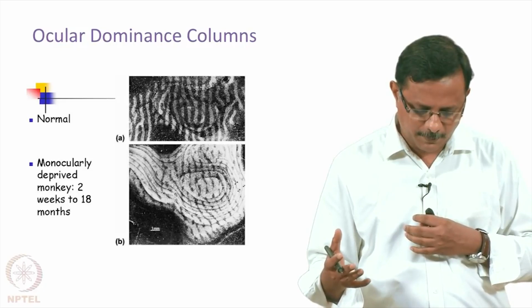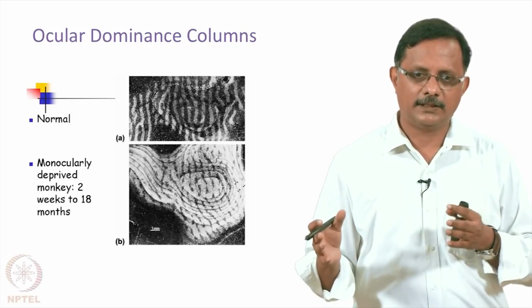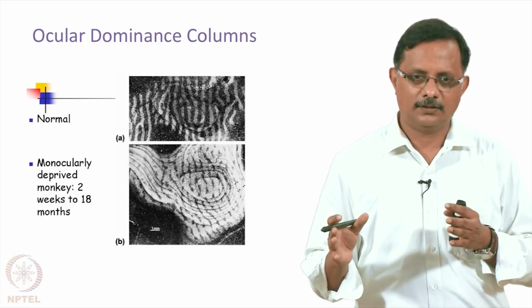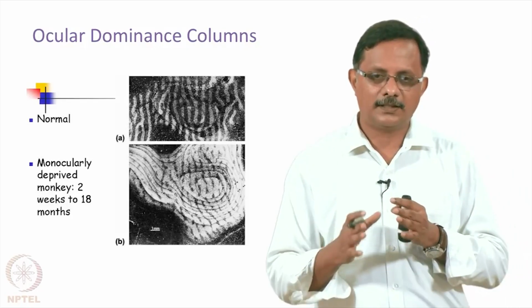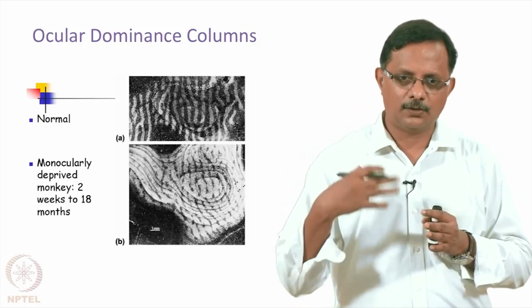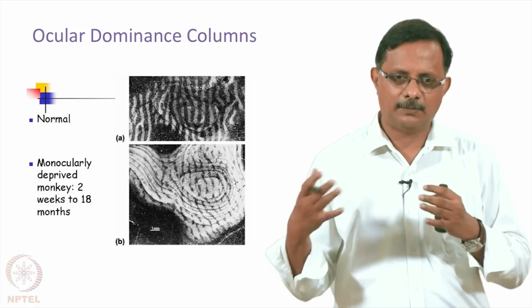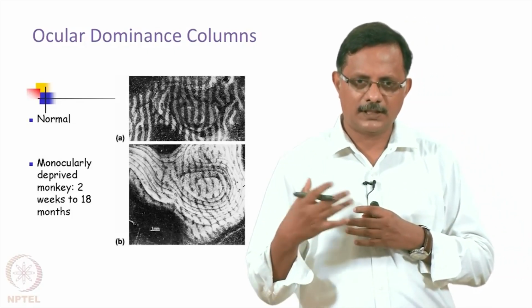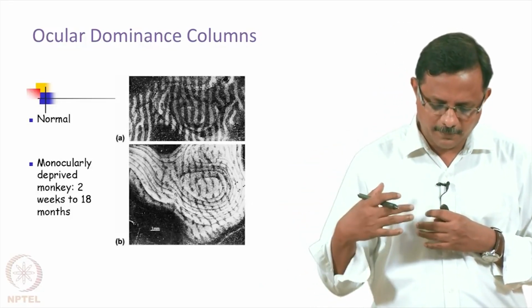So, for example, in this experiment which was done with a monocularly deprived monkey, they take the monkey at an age of about 2 weeks to 18 months, which is what is called a critical period. This is a period in which the brain of the baby monkey undergoes lots of changes in the map organization. But after that, the maps stabilize, and you do not see much change once the critical period has passed. So, during the critical period,